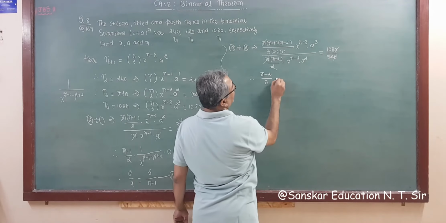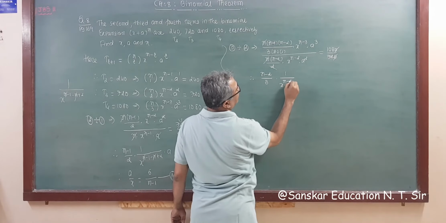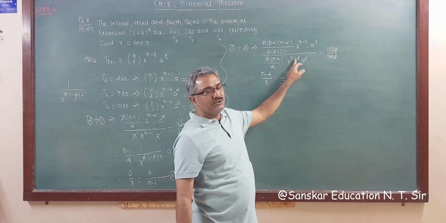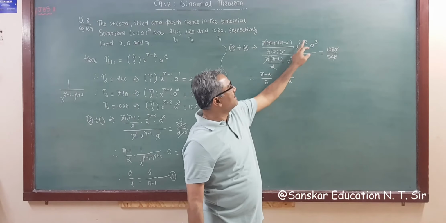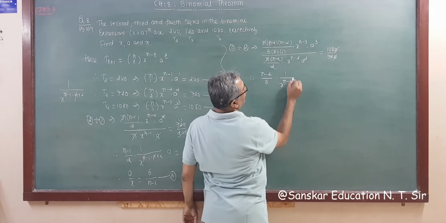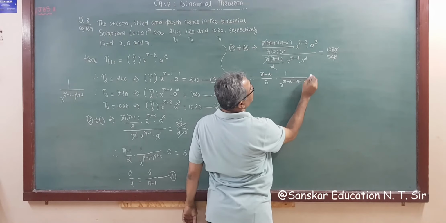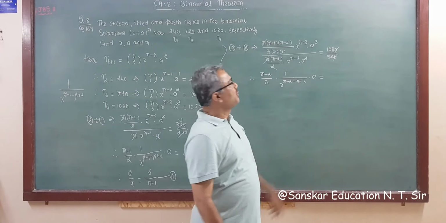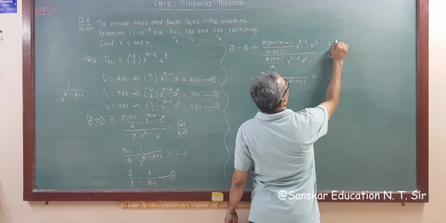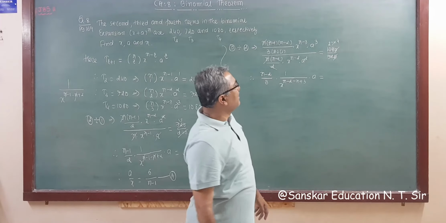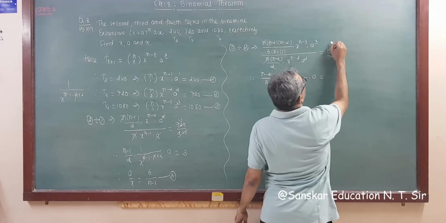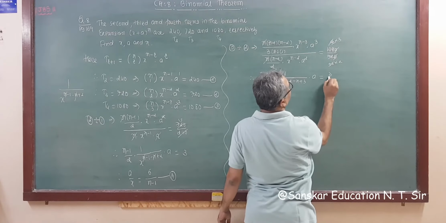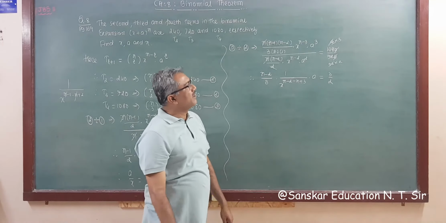This is 1 upon x raised to n minus 2. This is n minus 3 and this is n minus 2 only, so this is 1 less than this. So n minus 2 minus n plus 3, and simply this will be cut. So we get a, and 1080 upon 720 is 27 into 4 over 36 into 3 by 36 into 2, so this will be cut. We get 3 by 2.